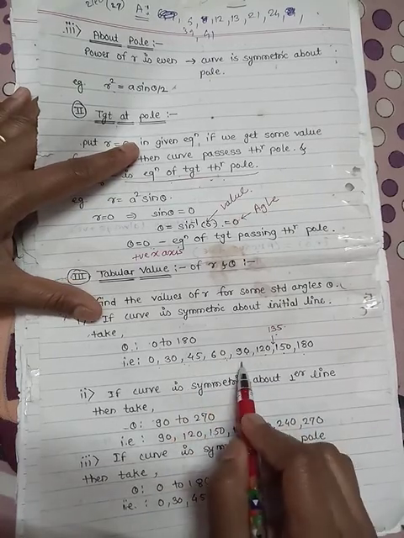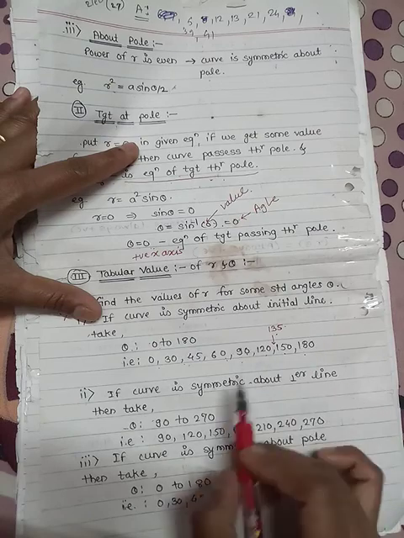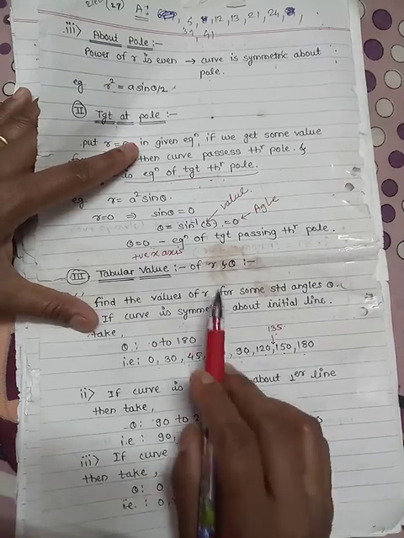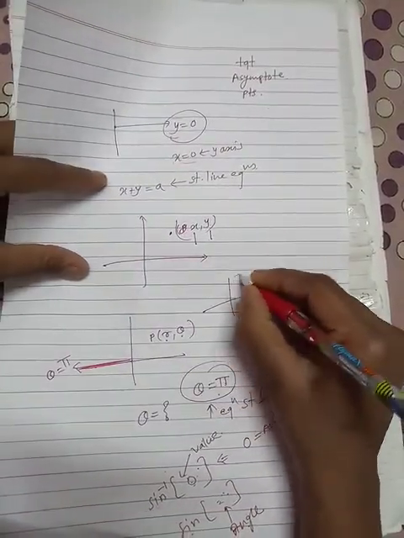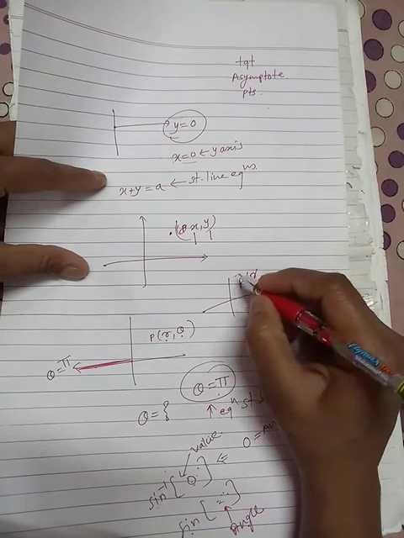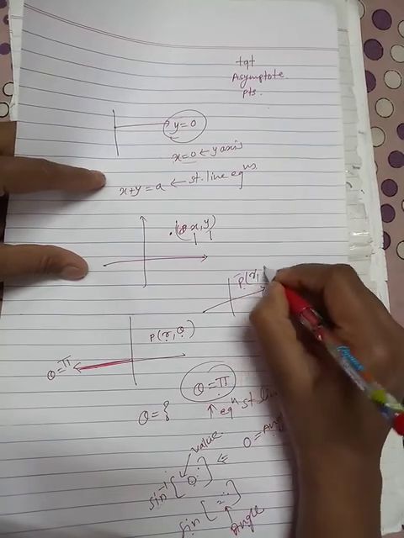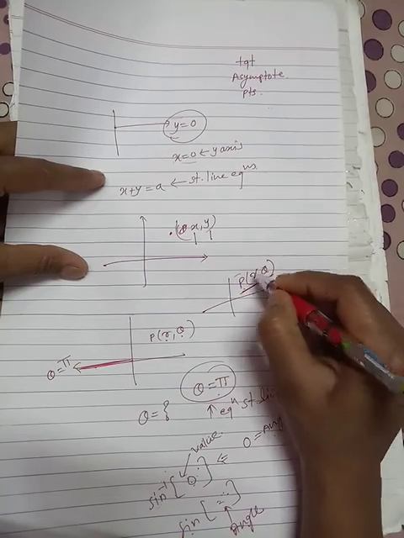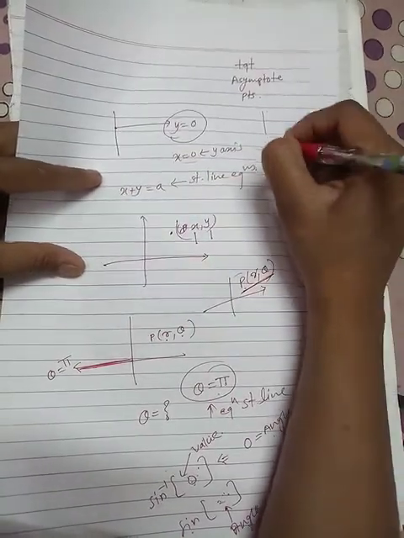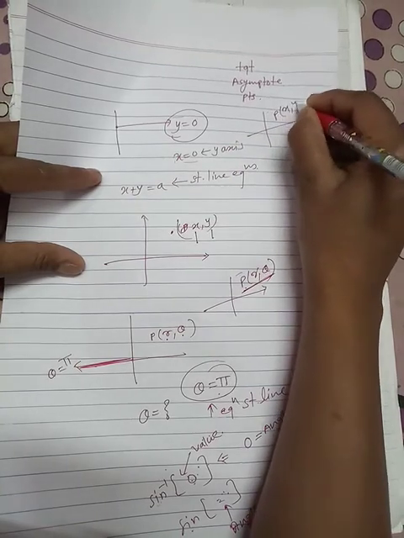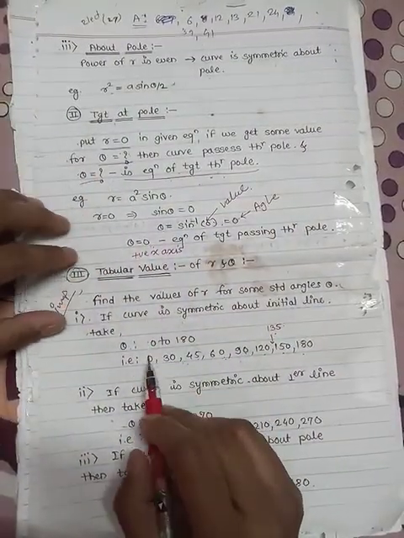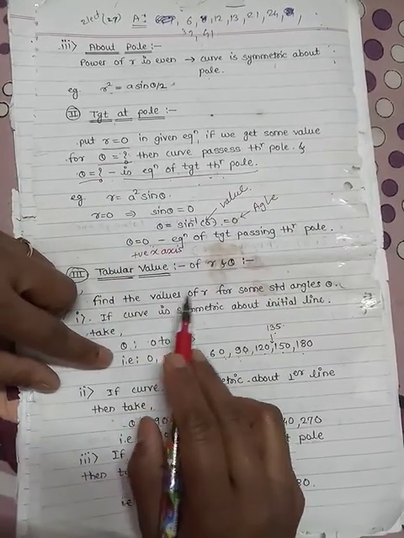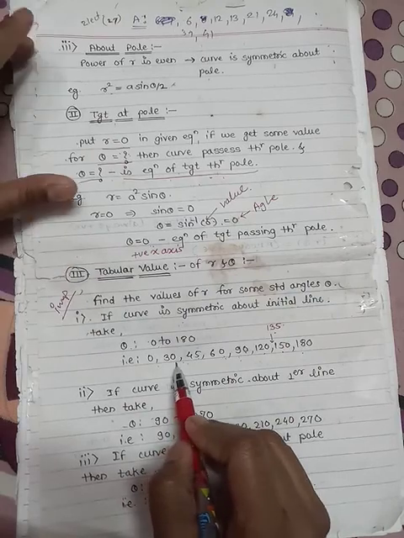Why are we taking these angles? In examples you can see that for plotting the points we have to take this r theta. Plotting points in polar form means, when we trace the curve in polar form, there is a point having the coordinates r and theta. In Cartesian form there is a point in the xy axis with x and y coordinates, but in polar form there are coordinates r and theta. So to plot these r theta points, we have to find the r theta values. So find the values of r for some standard angles or some values.